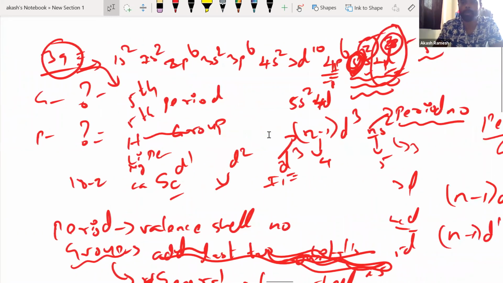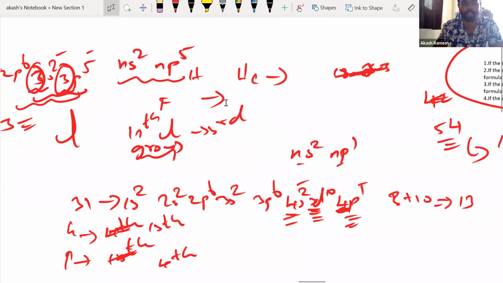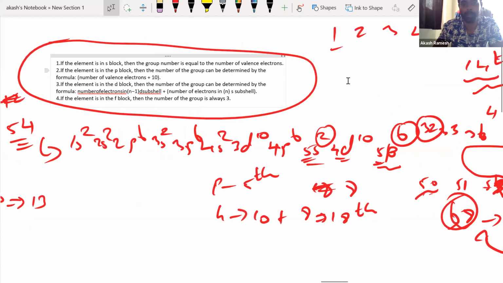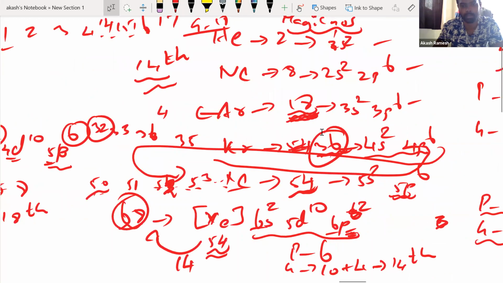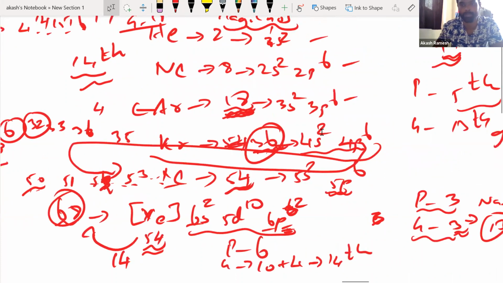And if I give you the group number and period number, how will you find the atomic number? That also we saw. For that, there are some rules, right? Hope you remember, you just find the valence shell. If you find the valence shell, the period is done, right? For finding the group, either you can use the formula, or you can use the shortcut, or you can remember the magic numbers 2, 8, 18, 36, 54. All these things you can remember, and accordingly you'll be able to do it, right?